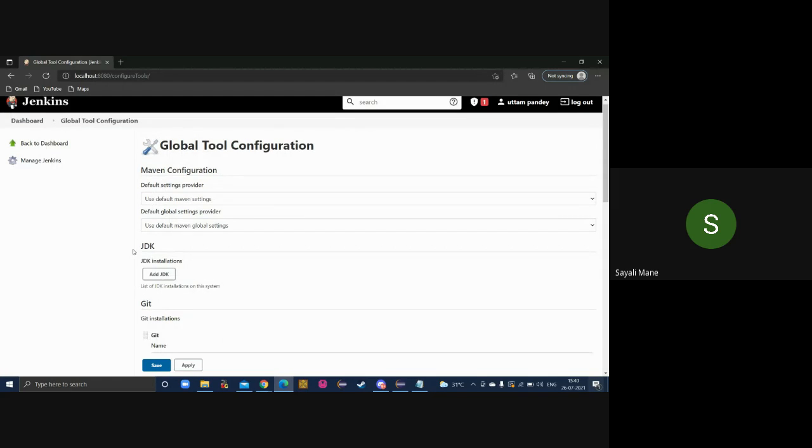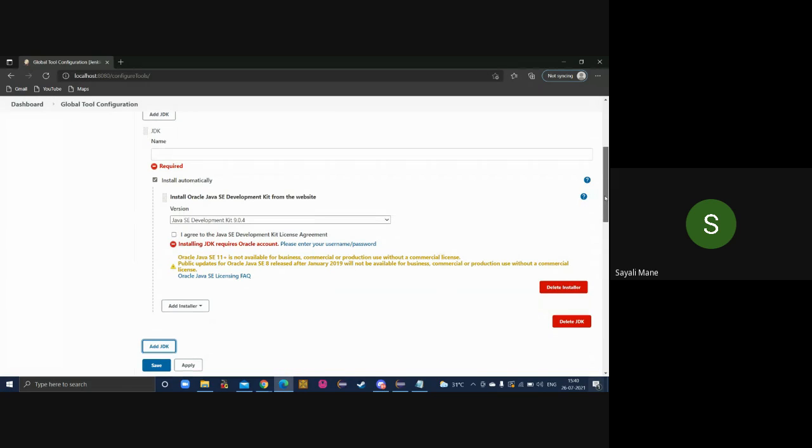See JDK. Click on Add JDK. Yes. Scroll down. Now see what they want to install to build the Maven. They want three things. One is Maven, which we have just installed by simply clicking on the installation button. Second, they will ask for Git. We have installed Git on our laptop. Yes, we have a Git account. Yes, correct. Third, they will ask for the JDK. There are two things. JDK is installed on your server, yes, correct. But they want a JDK on the Jenkins platform also, which is not installed.